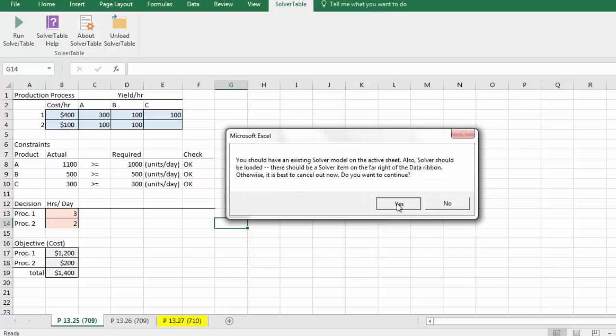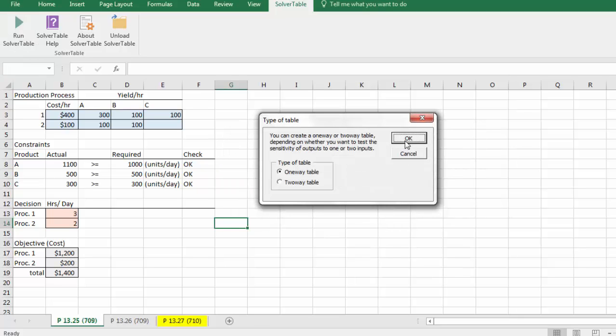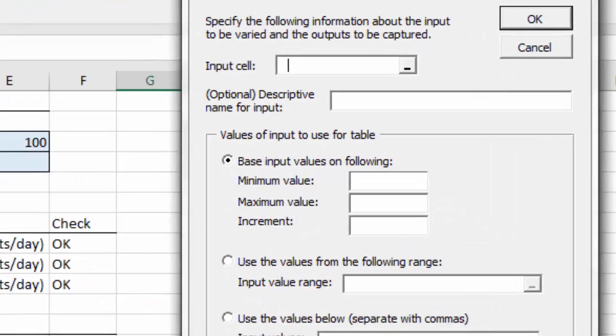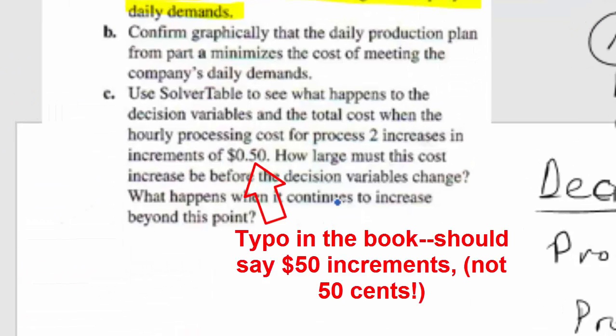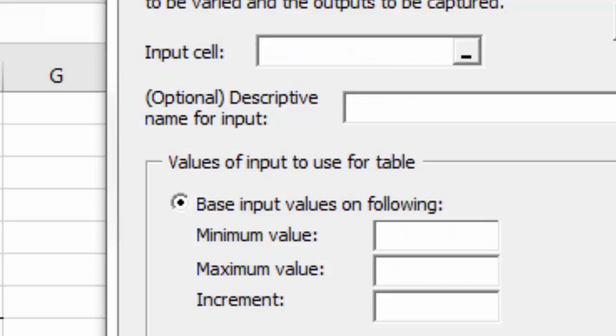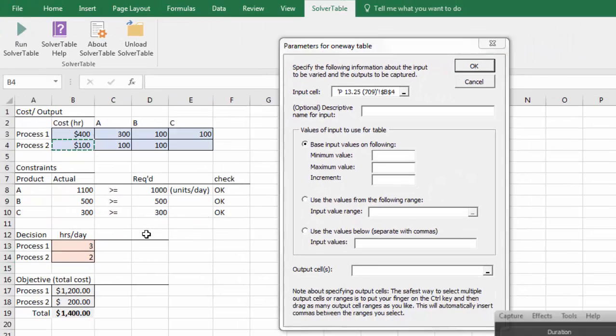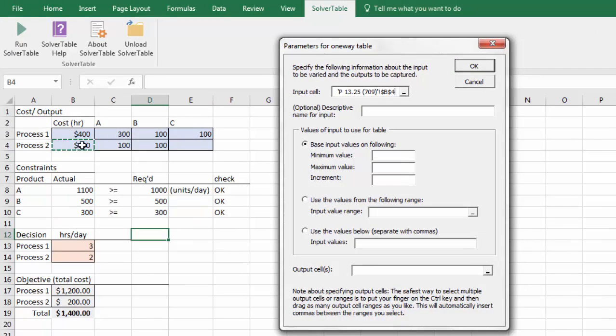Everything's set up so we can click through. We're doing a one-way. And what were we doing again? We're increasing the cost for process 2 by 50-cent increments. We're increasing the cost of process 2. Okay, so I select the cell reference for process 2. And I'll just call this process 2